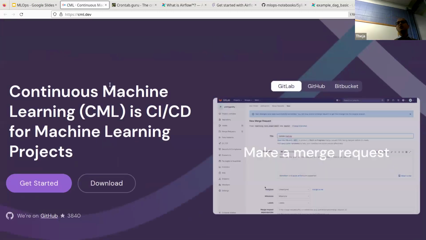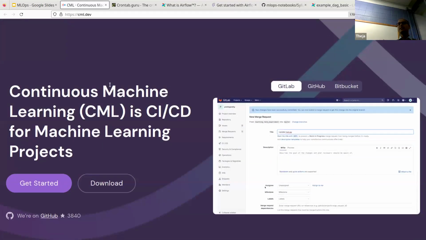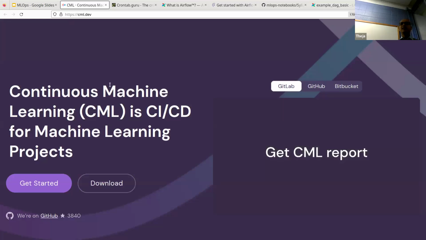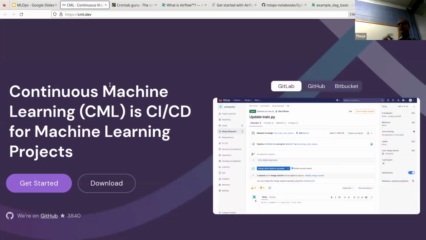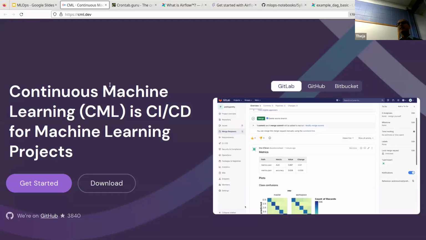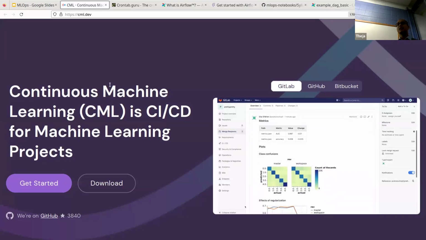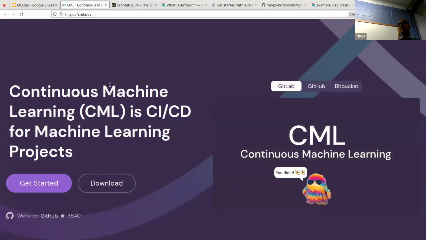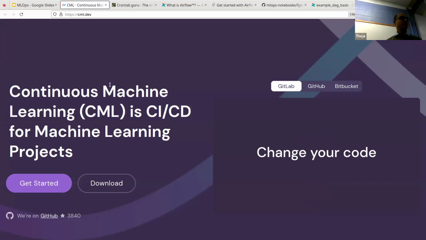Every time you have a script with, say, a scikit-learn based logistic regression model being trained, once you commit that code to GitHub, in this demo which you're going to see next, the CML tool will automatically trigger a validation job, produce, for example, a confusion matrix, and attach that snapshot to your pull request.